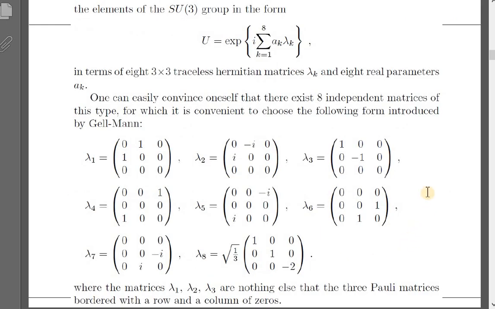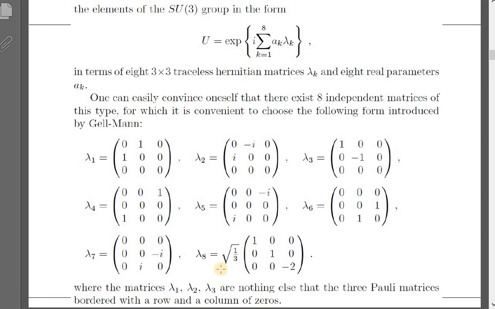Now with this discussion about U1 and SU2, we are able to talk about the SU3 group. The elements of SU3 group can be written down in this form here in terms of 8 3 by 3 traceless Hermitian matrices lambda k and 8 real parameters. Now there exist 8 independent matrices of this type, and they are called the Gell-Mann matrices, lambda 1, lambda 2